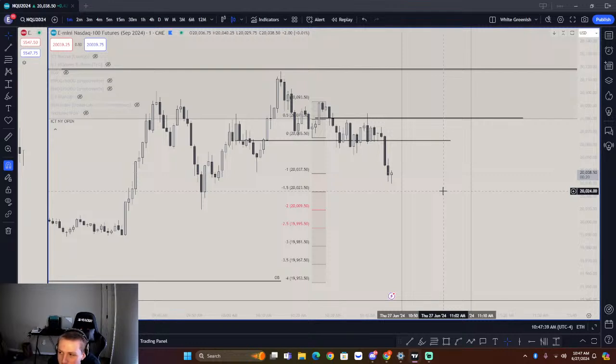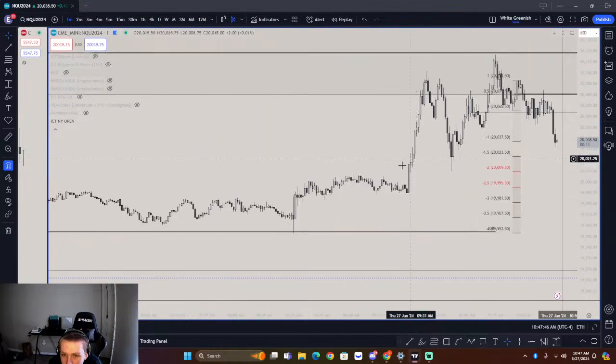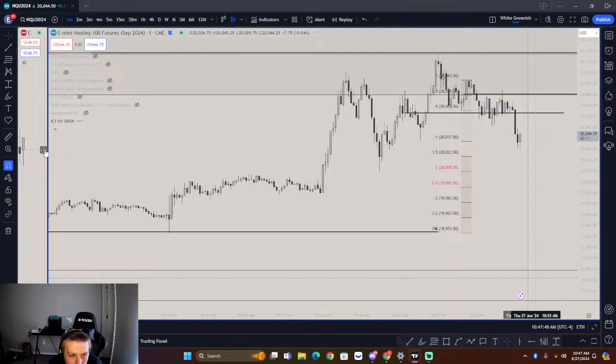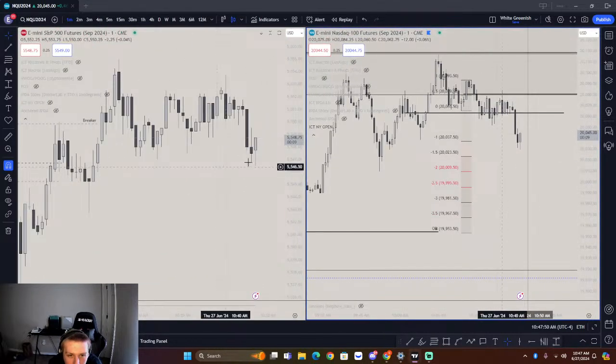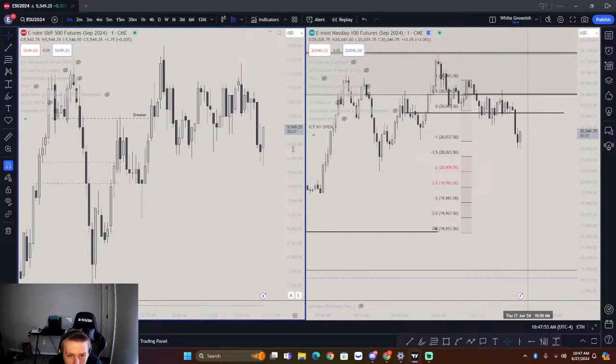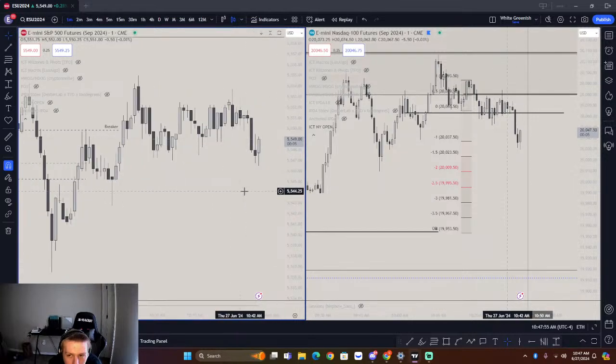Is my chart moving? I don't know if data's moving on my chart. It does not look like it. I don't know what is up with my Wi-Fi. I think it might be my